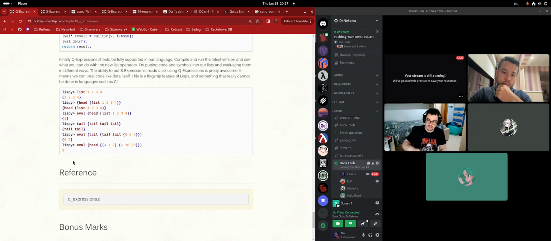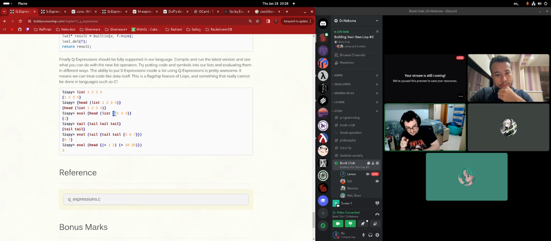That means that because the head picks a Q expression and returns a new Q expression with only the head of the former Q expression, the result of applying eval here is basically going to say, pick the number one and put it within curly braces, and that's it. And the eval will make that happen. Is that right, Marinho? It is right, yes.